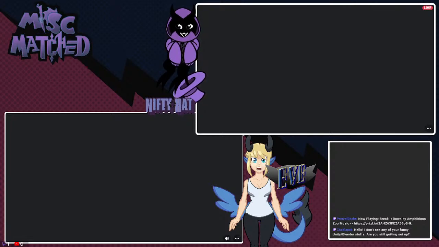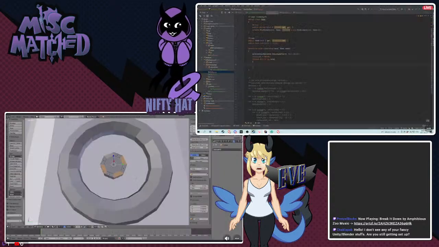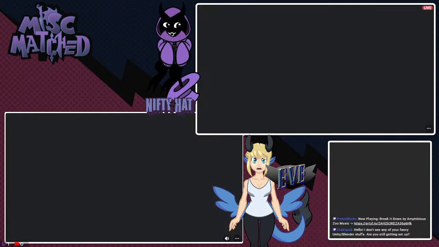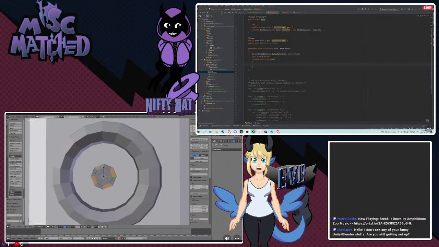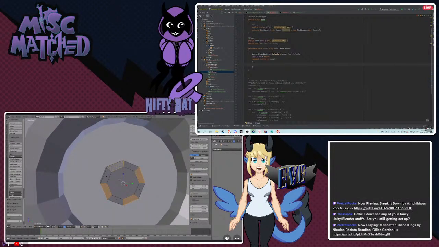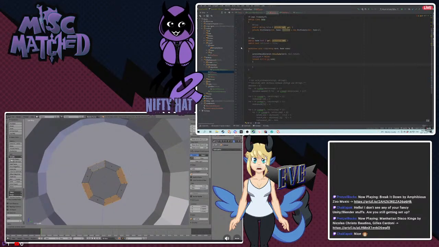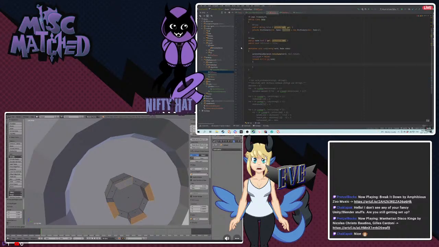Hello, I don't see any of your fancy UI. Oh, no, it disappeared. Oh, there it is. Wow, Discord is having a bad time right now. Right now, I'm just having fun modeling whatever. And Nifty is doing super, super fun work. Okay, it should be up now. You should be able to see what's going on. For a second, Discord was doing Discord stuff.